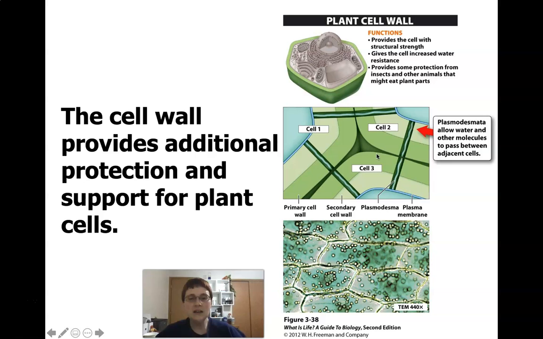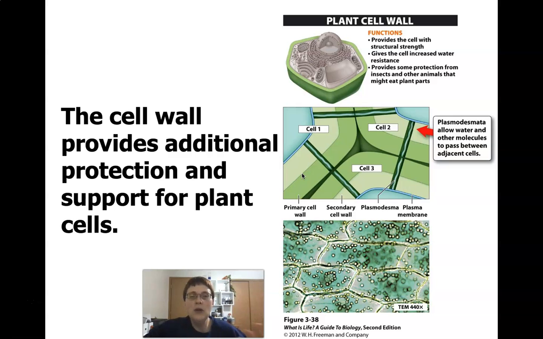Now you can see here, they can make different layers of them. So you can have different sections of cell wall to give you extra strength. It also protects against losing water. So that's an extra protection. And hopefully it makes sense. It gives protection against things that might eat them. So it gives that extra layer of protection against things that would chew through to try and eat the plant